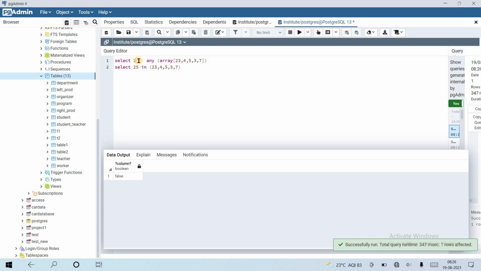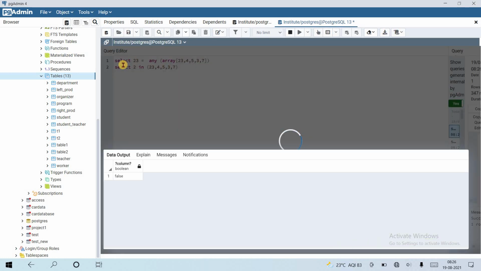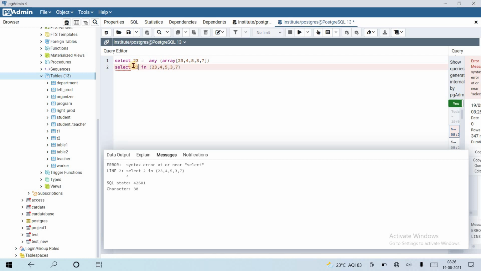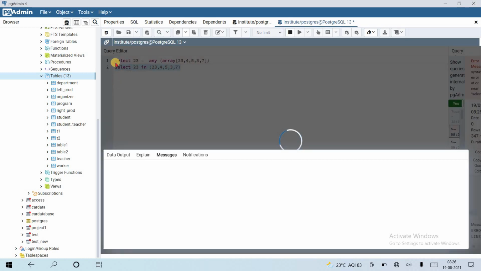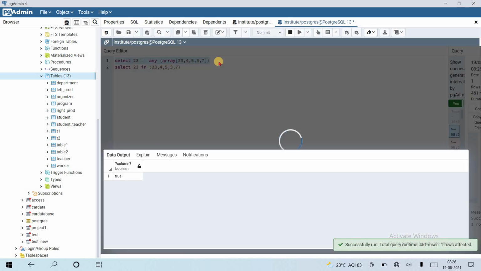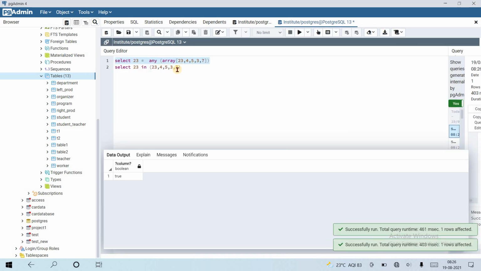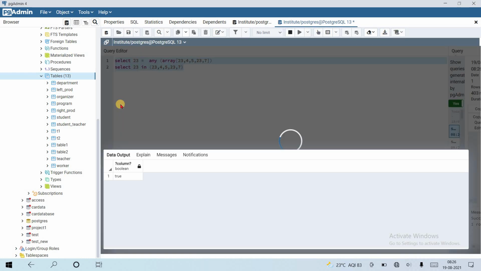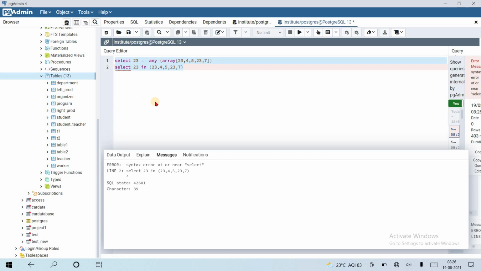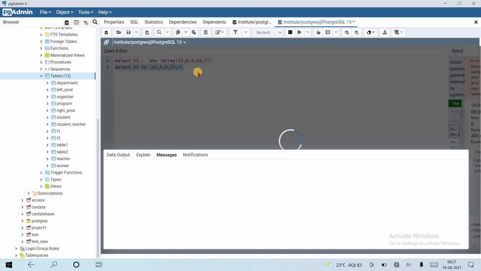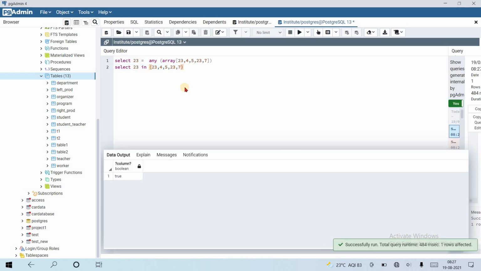If I make it 23, because 23 is present in both, and run this, it will return true for both the arrays. If I duplicate 23, it will also return true. But this is strictly for array and this is strictly for values. So a syntax error; we need to run one by one. Both return true.